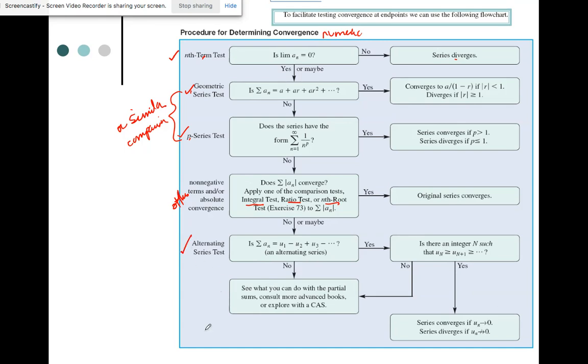If you have alternating signs and it doesn't already diverge because of the nth term test, then just say, oh, the signs alternate and the terms do go to 0, so I converge. Okay. And then I love what the book says here: oh, you can do this with partial sums or consult more. Yeah. Nah. AP will not do this. AP will do this,